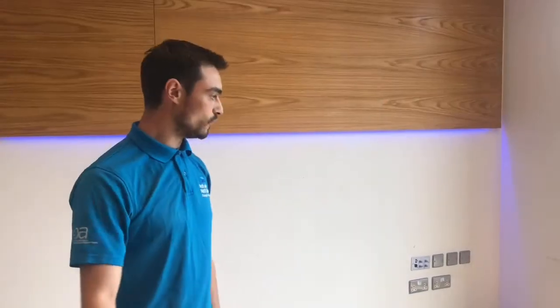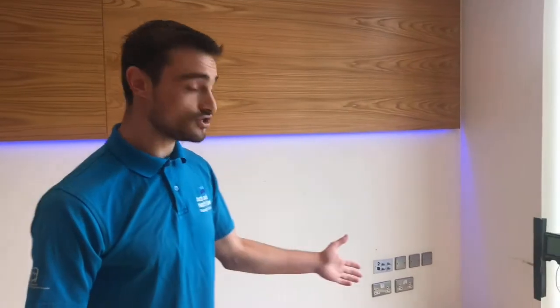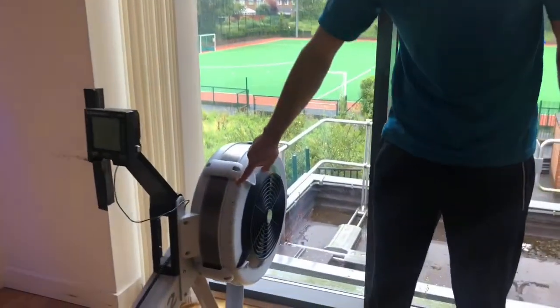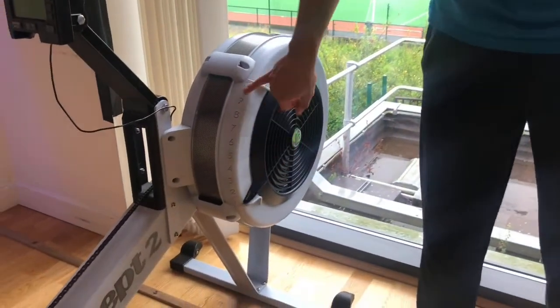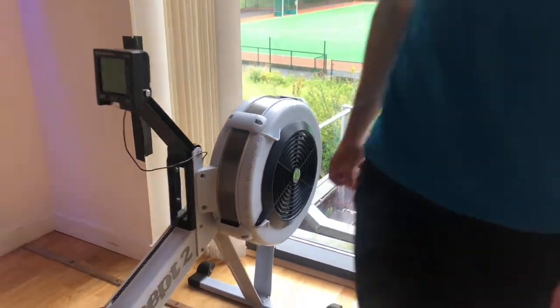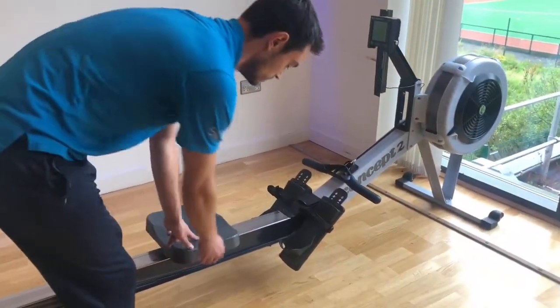Okay guys, we're going to move on to another one of our cardio machines. This is the row machine. Before you step onto the machine, we have 10 levels to increase your resistance, okay? 1 being the lowest, 10 being the highest resistance. Okay, from there, stepping onto the machine, secure the seat with your hands, stepping over,